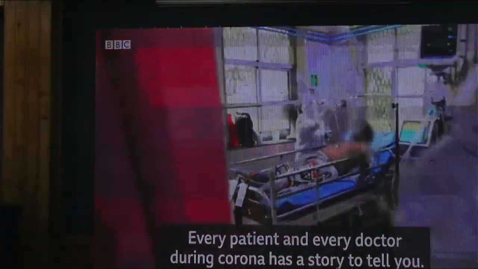As this is not a surgical film, it's a thematic film, let's go ahead with the presentation. I shall give my comment at the last. Every patient and every doctor during Corona has a story to tell you, because we are